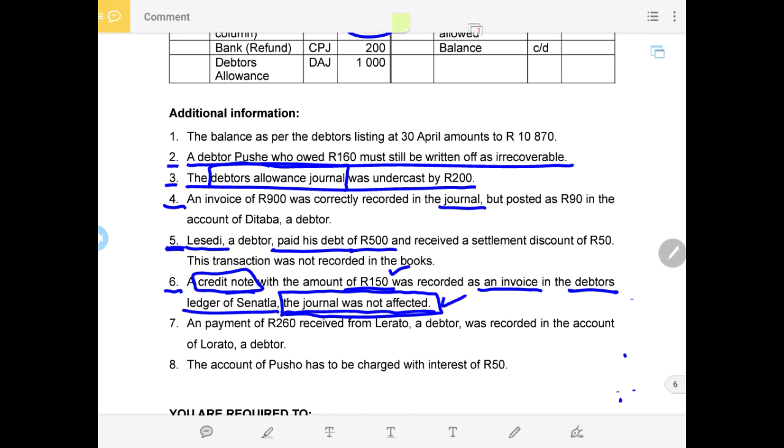Therefore, the debtors control account is not affected because in the debtors control account, we record from the journal. So now we have our